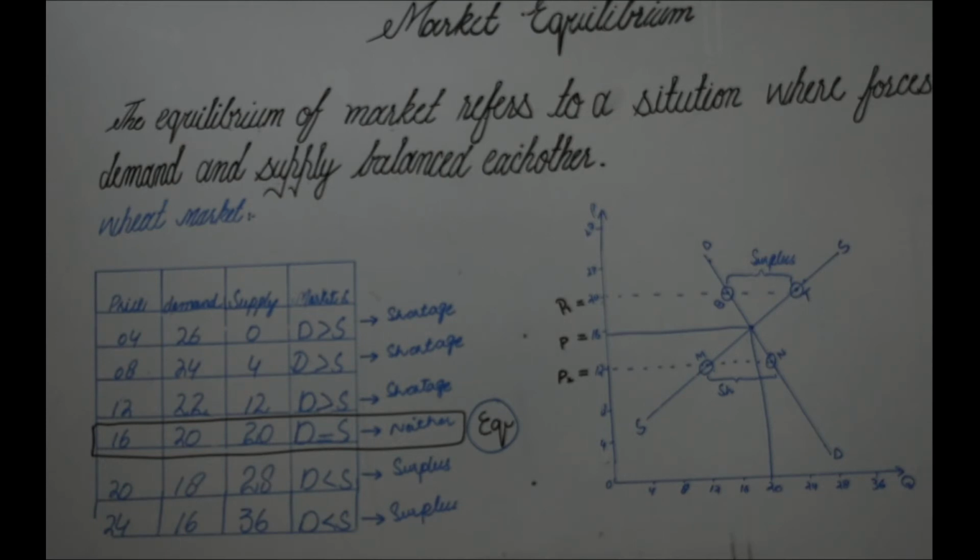Okay. So the price at EP is the equilibrium point, because here the quantity demanded and quantity supplied are both equal. Here the producer and seller are at the satisfaction point. They are willing to buy and they are willing to sell. So this price is the equilibrium price and this quantity is the equilibrium quantity.